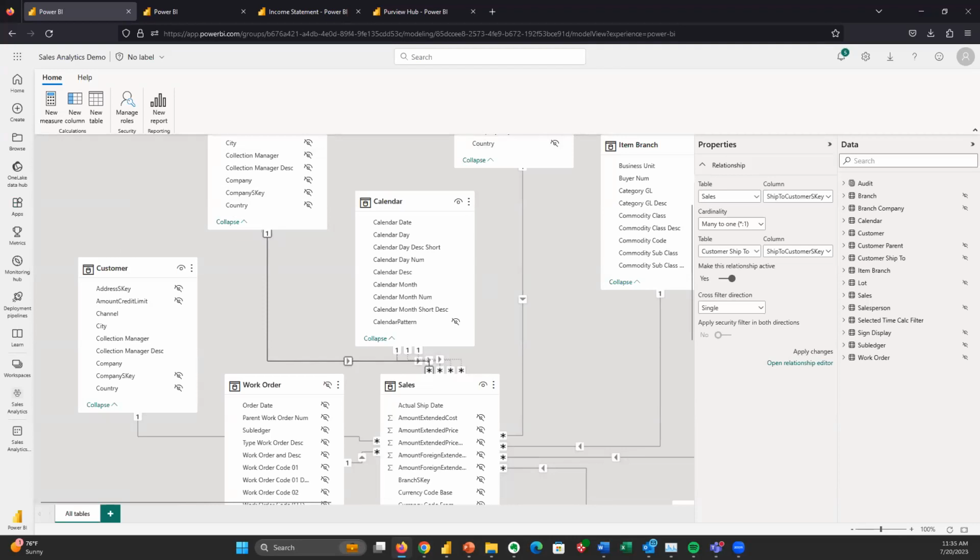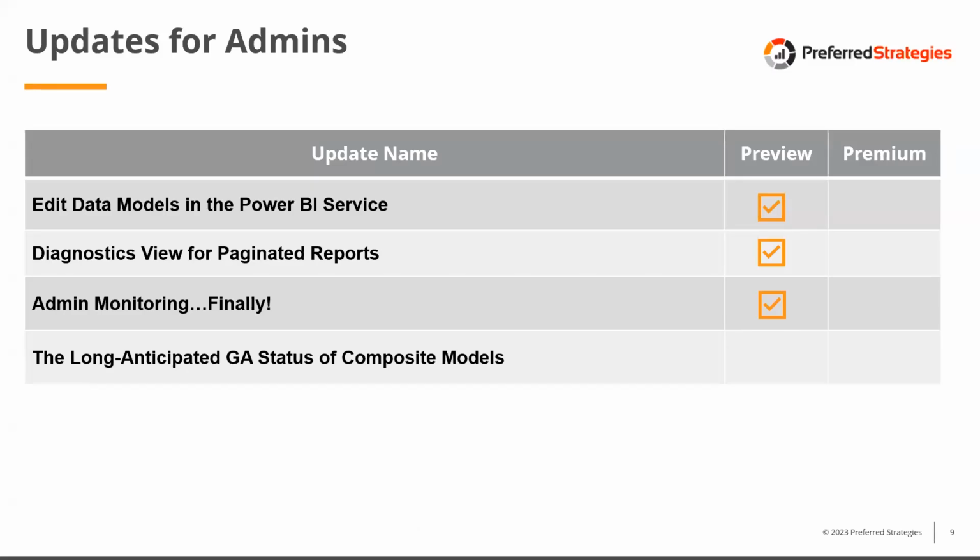Okay, so the next feature I wanted to point out was just this new diagnostics view for paginated reports. A lot of our customers use paginated reports to deliver the highly formatted operational style or financial style reports in the Power BI service, but they also have experienced performance issues. And so this is a nice